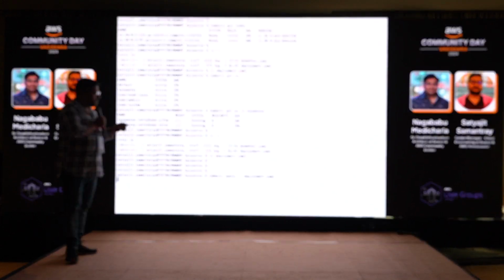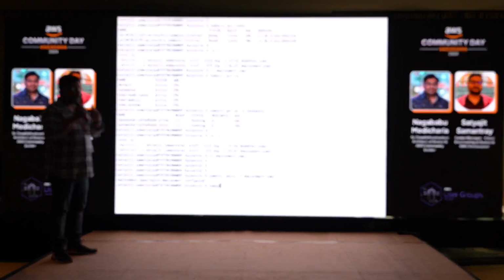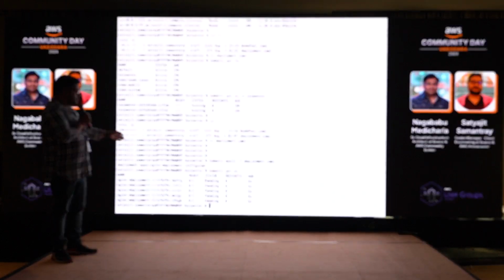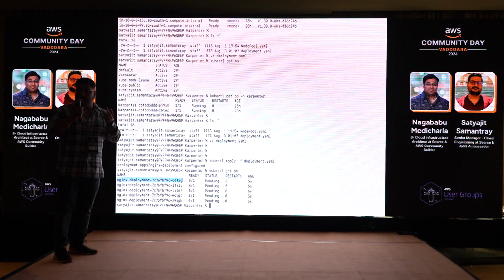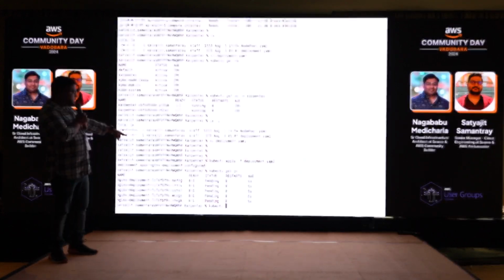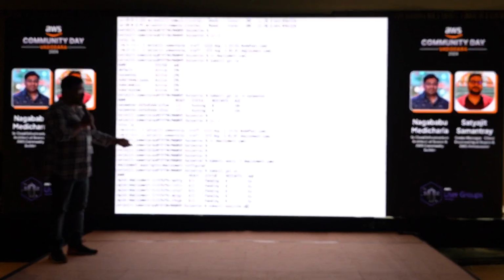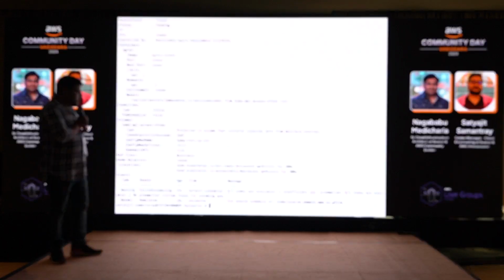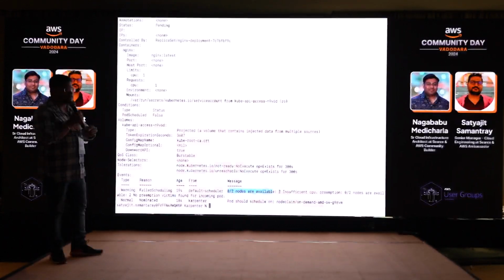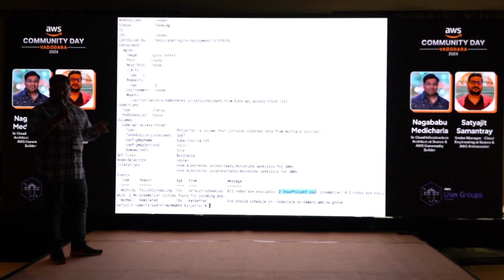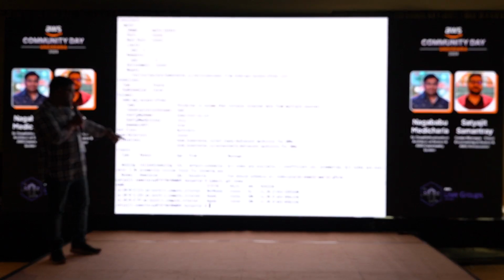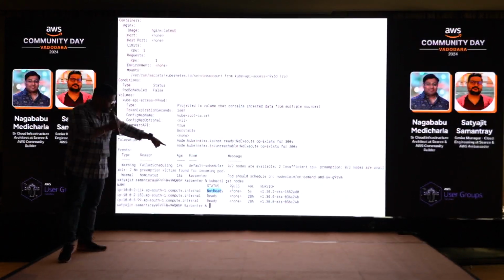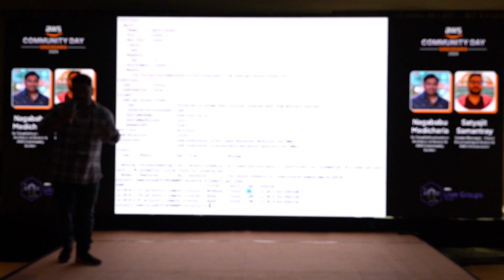Once we apply the deployment file, we have already verified 2 nodes are running, right? If you check the pods now, the default add-ons like the EBS CSI driver are consuming some CPU. You see the pod is in pending state, and if we check the status of the pod, it says insufficient CPU. 2 nodes are running and 2 insufficient CPU. Since Karpenter is already installed, we'll see the node count now. If you see a node in not ready state from 5 seconds ago, it means a new node has come into the picture in the backend.